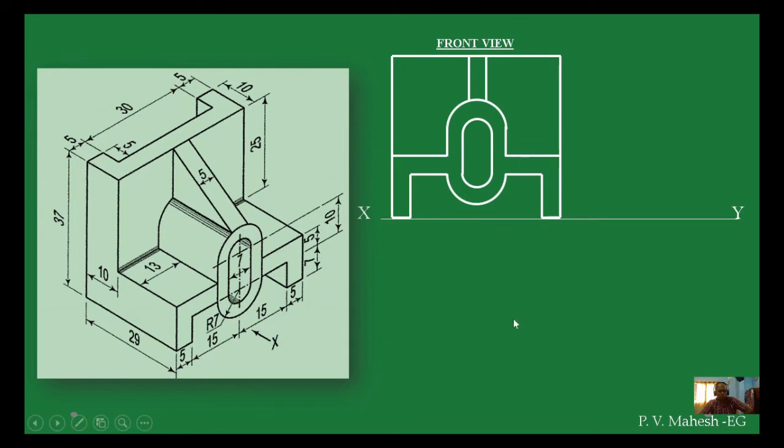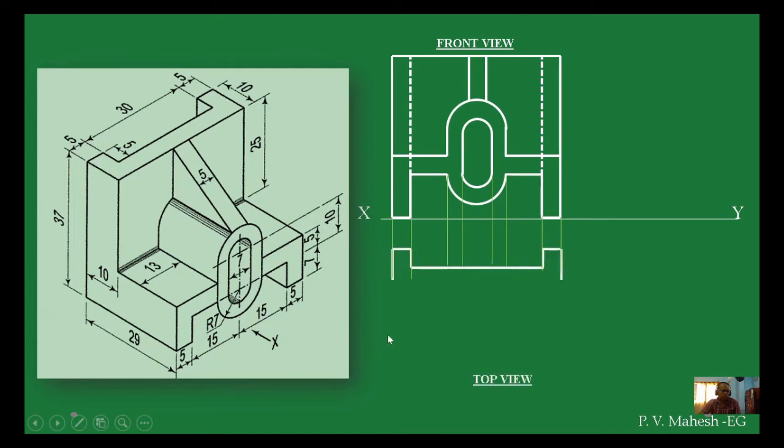So this we have to understand. Now here is there anything else? Yes. Through this corner one hidden edge is there. Through this corner one hidden edge is there. Those will be hidden lines. So with this the front view is completed. Now if I want to draw the top view, I will see this hook kind of thing. Definitely I will see it in this top view. So I will start drawing this one. So this hook is drawn.